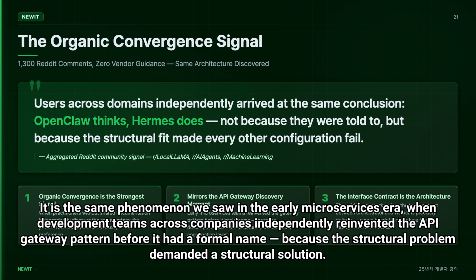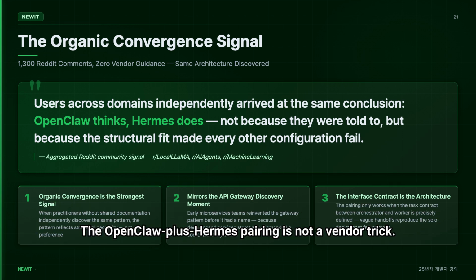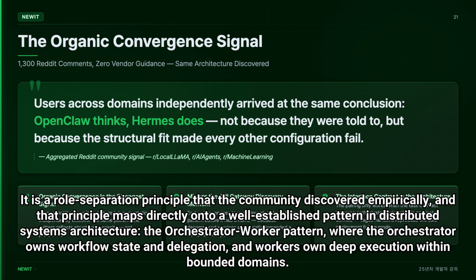It is the same phenomenon we saw in the early microservices era, when development teams across companies independently reinvented the API gateway pattern before it had a formal name, because the structural problem demanded a structural solution. The OpenClaw plus Hermes pairing is not a vendor trick. It is a role separation principle that the community discovered empirically, and that principle maps directly onto a well-established pattern in distributed systems architecture, the orchestrator-worker pattern, where the orchestrator owns workflow state and delegation, and workers own deep execution